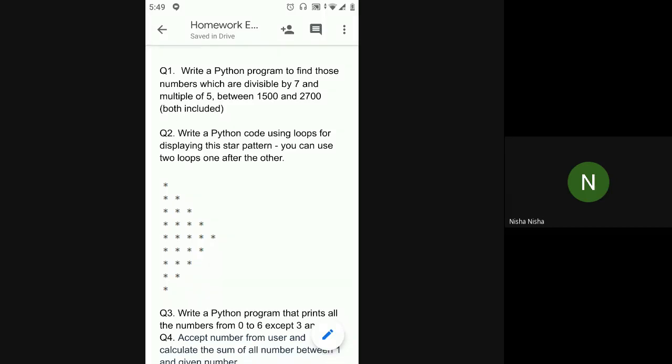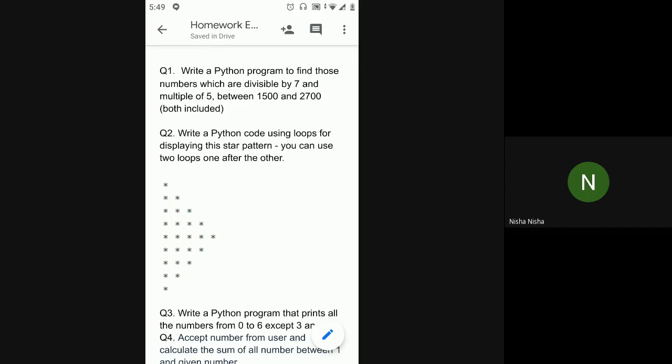We will assign a variable to the number, and we will check the 5 modulus of that number. So if I want to check if this 1500 number is divisible by 7, then in that case, I'll find a modulus with 7. I think divisible and multiple here mean the same thing. The number is divisible by 7, which means we are able to divide it by 7. And it is a multiple of 5. So if it's a multiple of 5, then it should be completely divisible by 5 also. So here both these things mean the same thing.